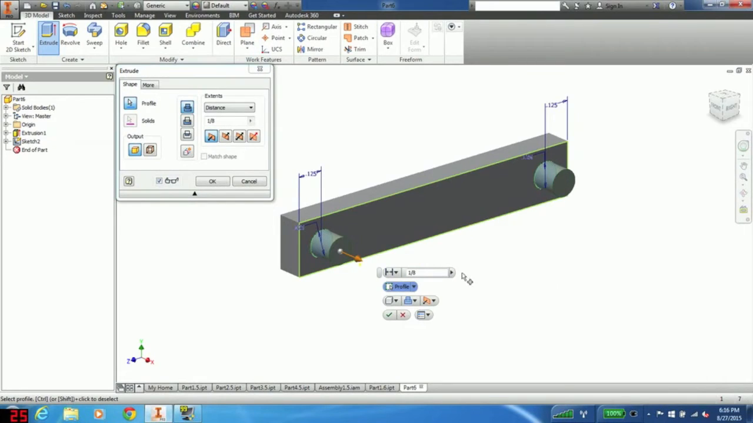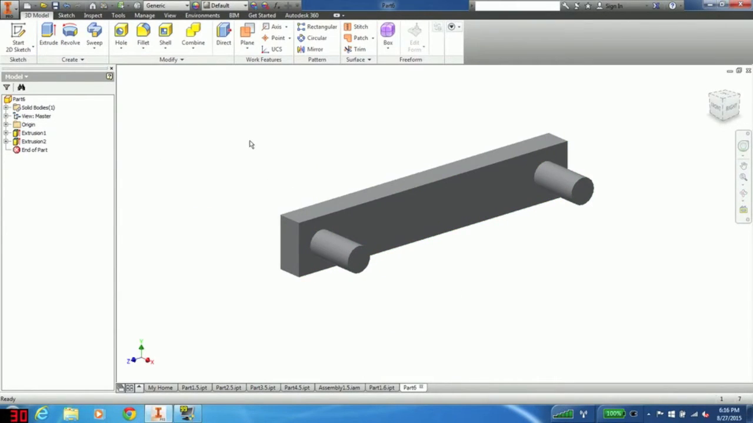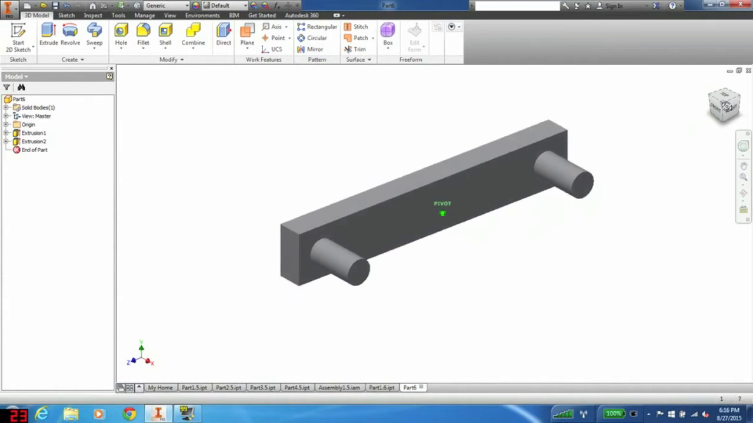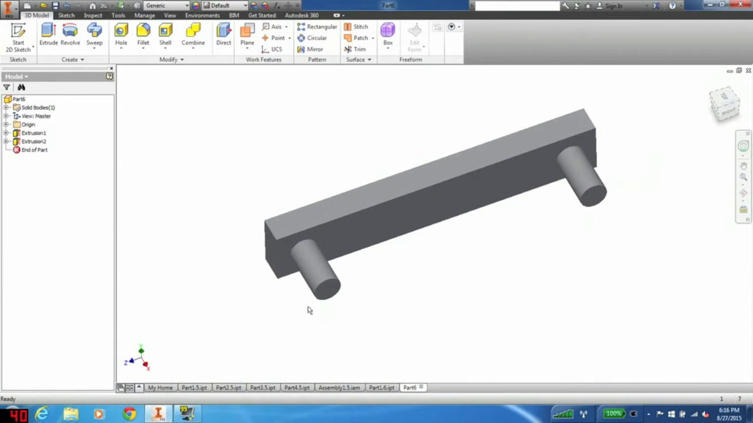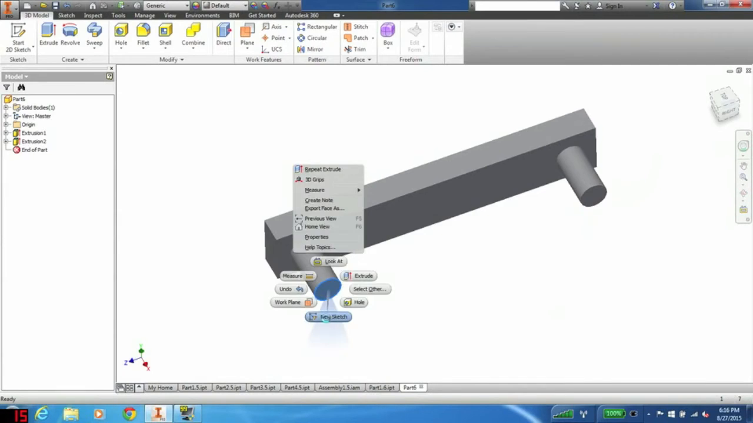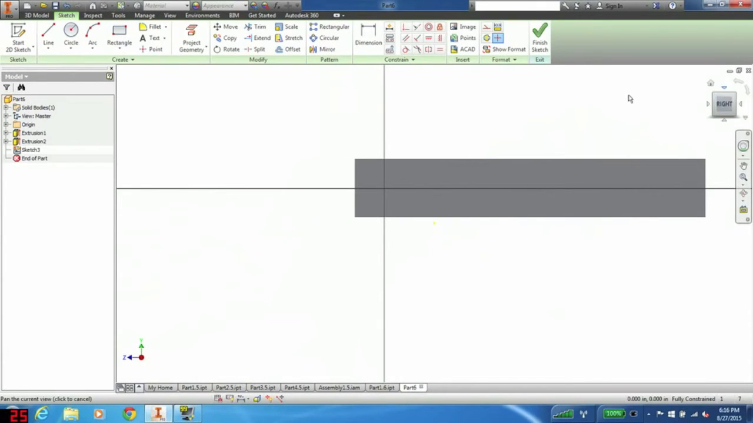And now we need to extrude these to 1/4 inch just so that they can go all the way through the handle that we created. So that's good. And now we need to create the second bar on the other side. So we're going to select the faces of these cylinders. Only one needs to be selected because we want the other bar to be in this area and flush against both of those. So we're going to select one, hit new sketch,